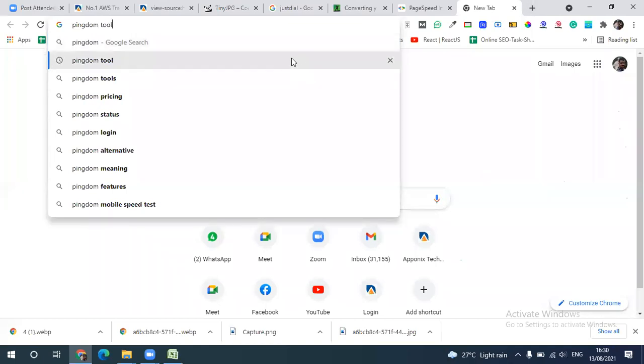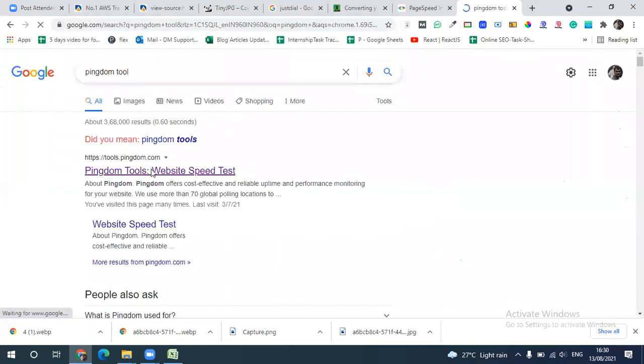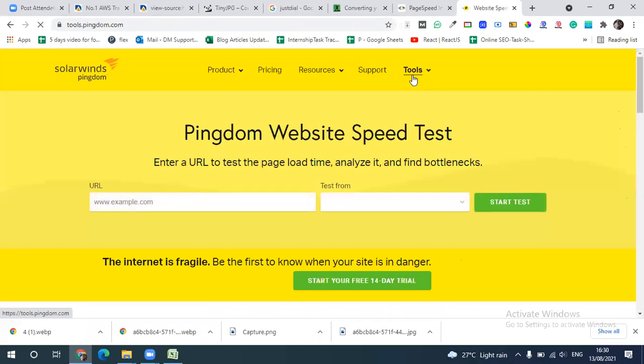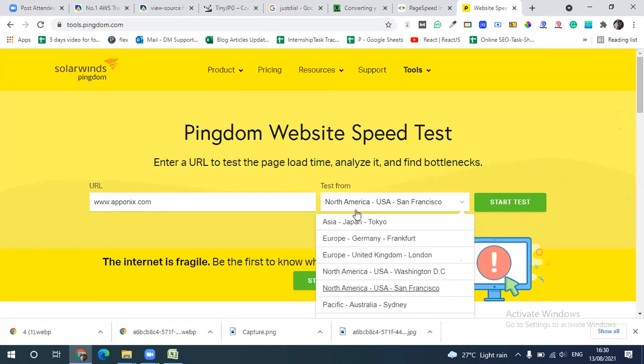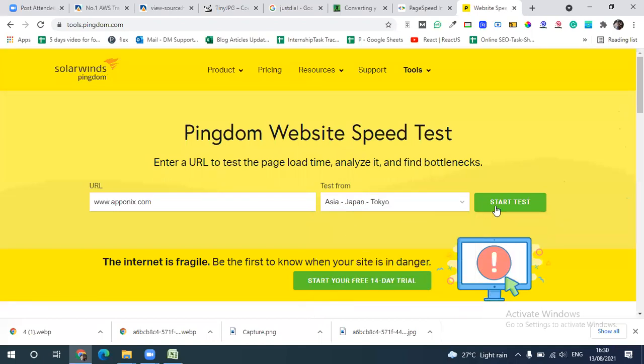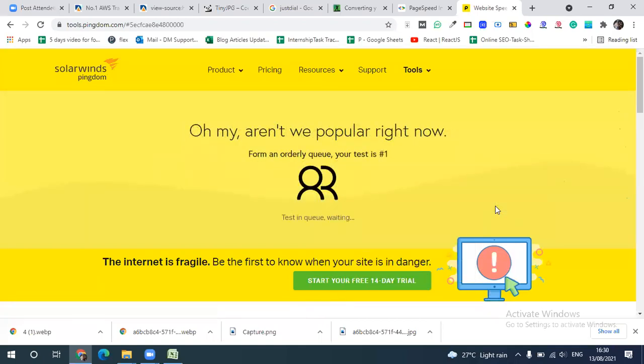You can go to this tool and write it here. Here you can take any server, it's not a problem, but Asia is preferred. Let's just test it.